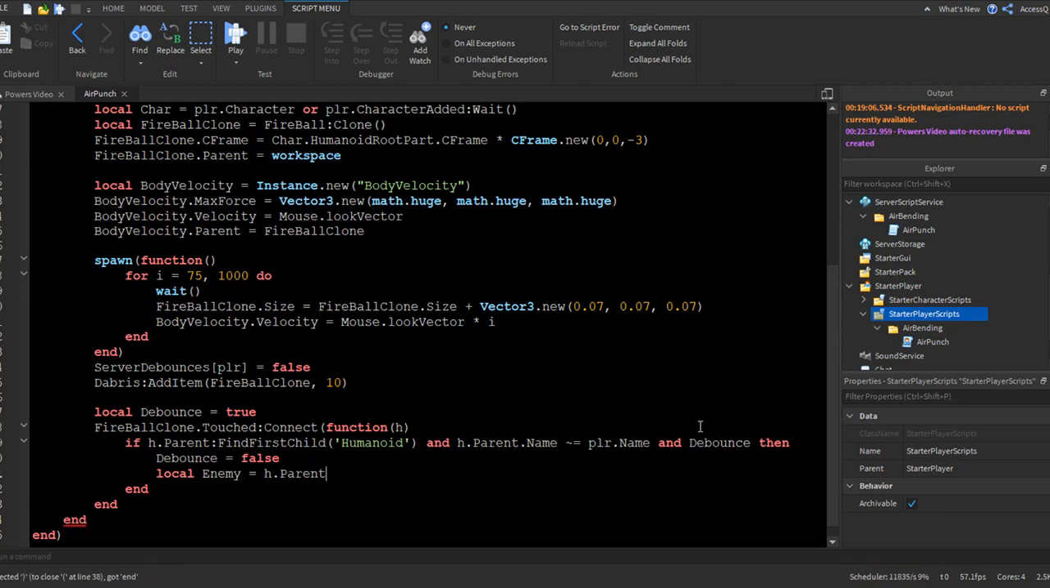equals h dot parent dot humanoid, and then we want to do enemy take damage, then we'll do damage, then we'll do wait 0.25. Whoops, that is capitalized. So wait 0.25, and then we'll do enemy take damage. We'll do 3. Whoops, we'll do 3, and then we'll do